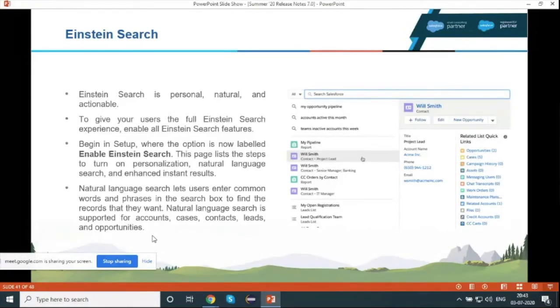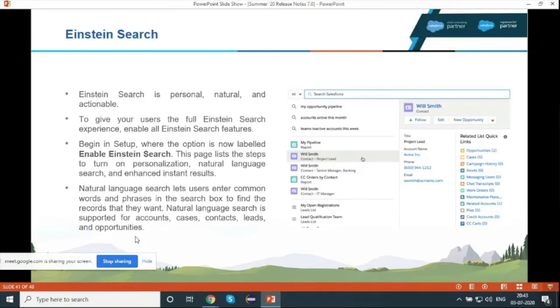You can simply use layman terms to search anything. Like you can simply search published this month open leads, and it will give you all the leads published this month which have a status open. So now you do not need to create multiple list views to work with.